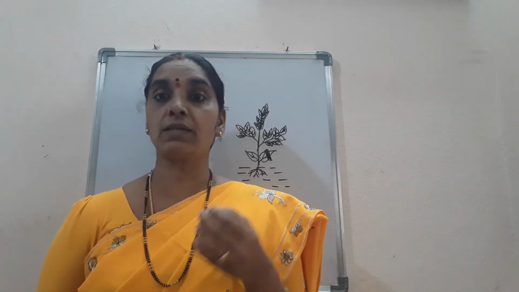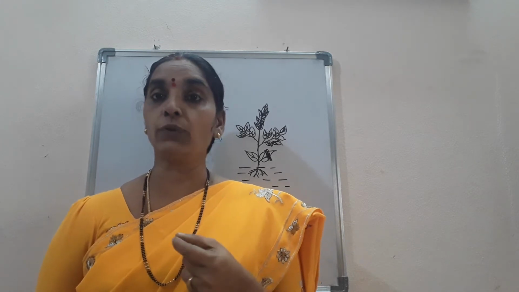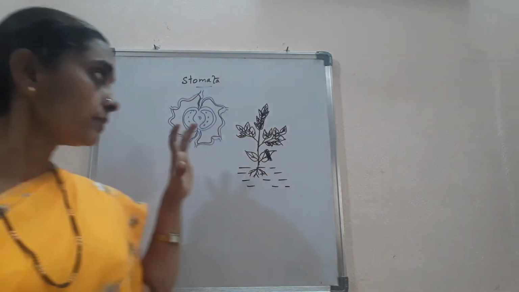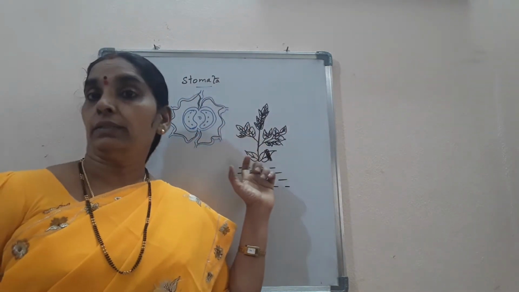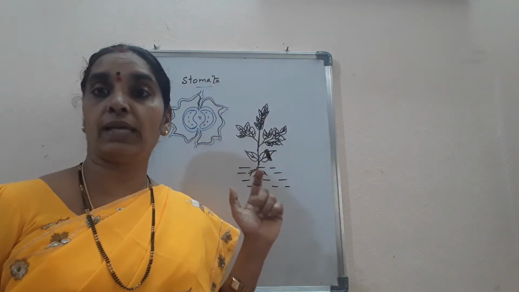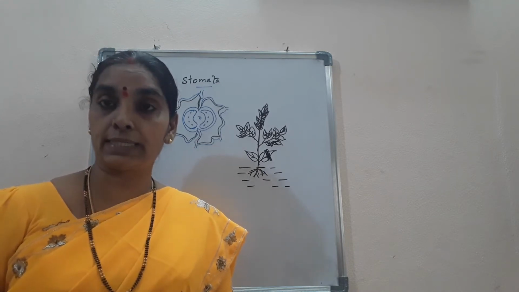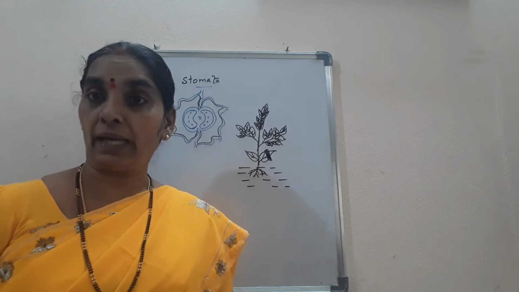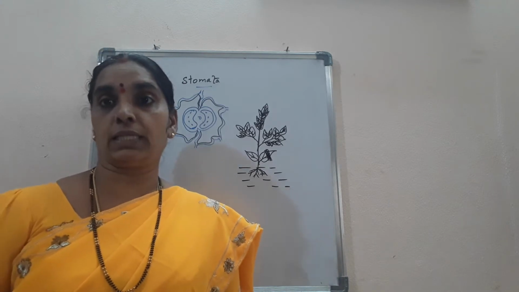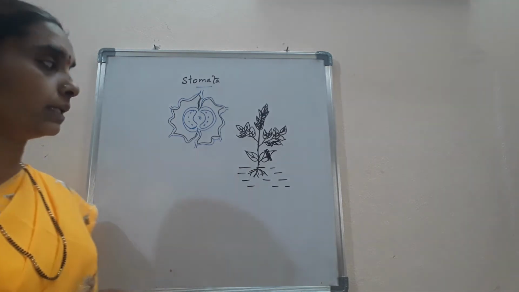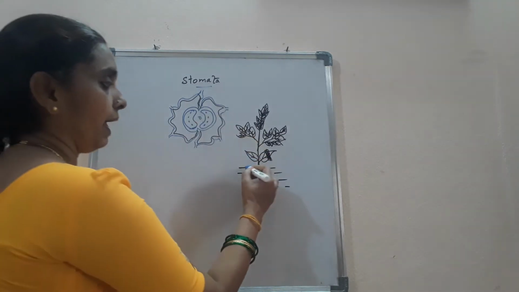So the green parts of the plant help with photosynthesis. That's what we have to know. Here we can see with the help of an experiment that in the presence of light and chlorophyll, the plants can prepare their own food. So this is a green plant. See here, a rough figure of a plant.